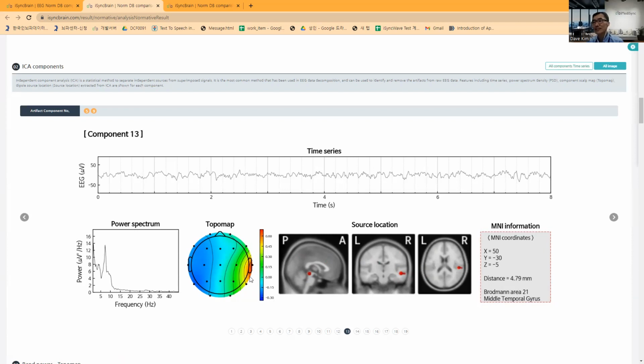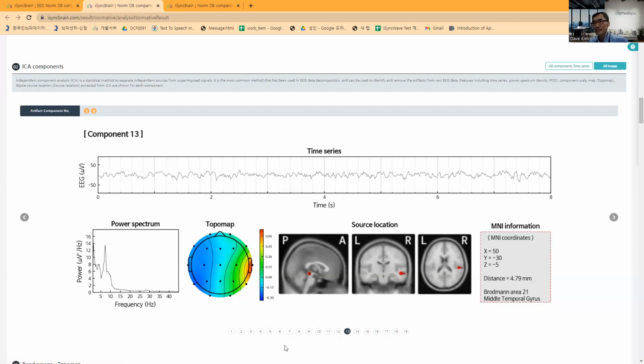Temporal slow activity is not a good sign, basically. In this case, the first major component is coming from the back of the head. In the middle of the component, there is a lot of theta activity. If the theta activity is in the first part of the component, then the symptom is worse, because the first part of the component usually has the highest power.